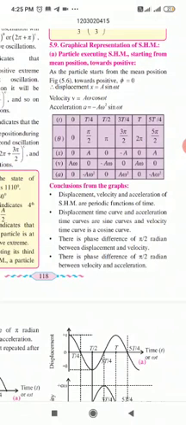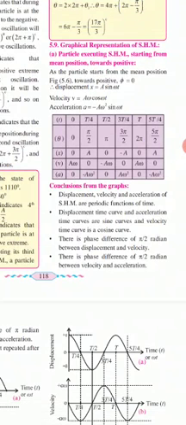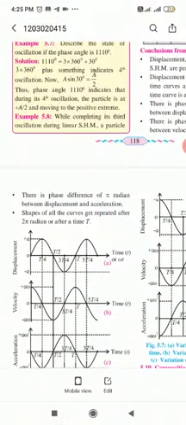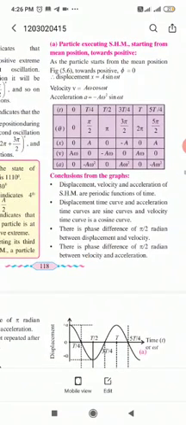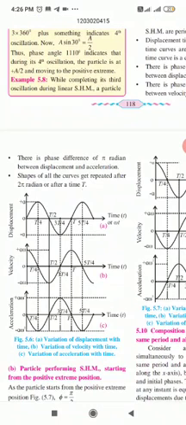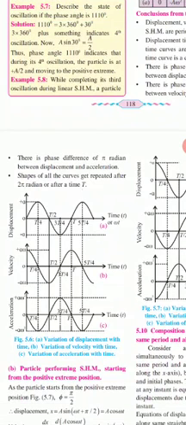Now take the next value, pi by 2, that is T by 4. If you see here, T by 4 is nothing but your pi by 2. What is its value? Sine 90 will be 1. So it will be a only. If you see towards this displacement diagram, it will be at positive extreme a.